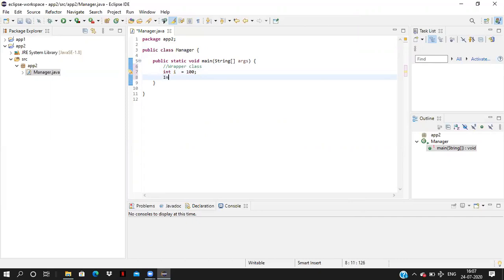Now I'm creating an object: Integer i1 = Integer.valueOf(i).